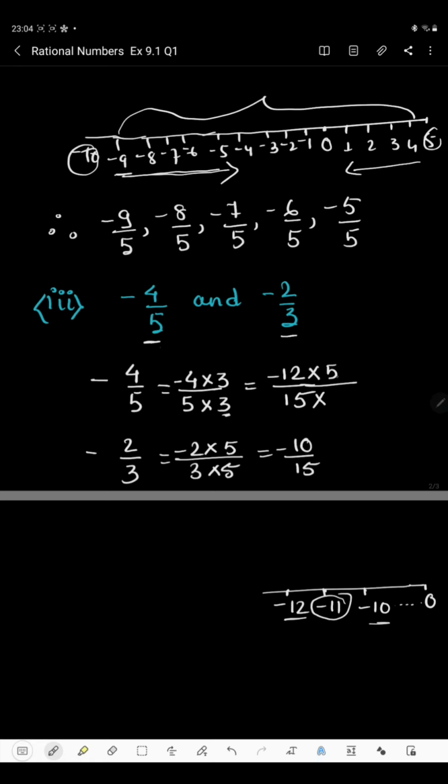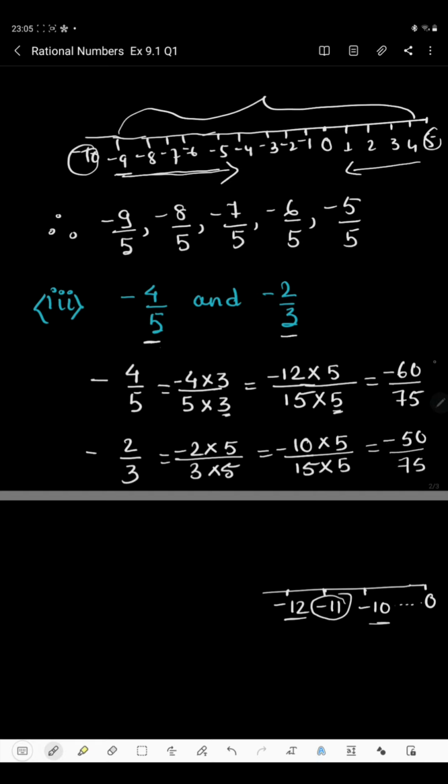So at first we will take this 5 to be multiplied by the denominator, and then the same number will be multiplied by the numerator. So here we are getting minus 60 by 75, okay. And for the other number we will have to multiply by the same number, because we cannot take any other number except 5, as we have to make the denominator same. If we take another number, you won't get 75, so we take 5 only, and the same number is multiplied by the numerator also. So minus 10 into 5 is minus 50, and 15 5s are 75.